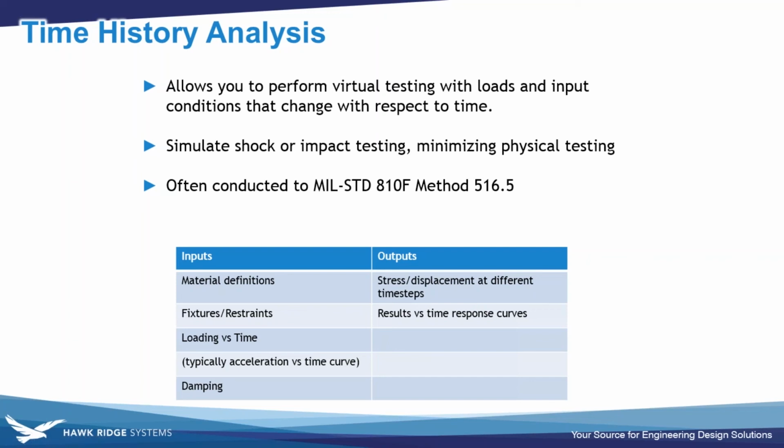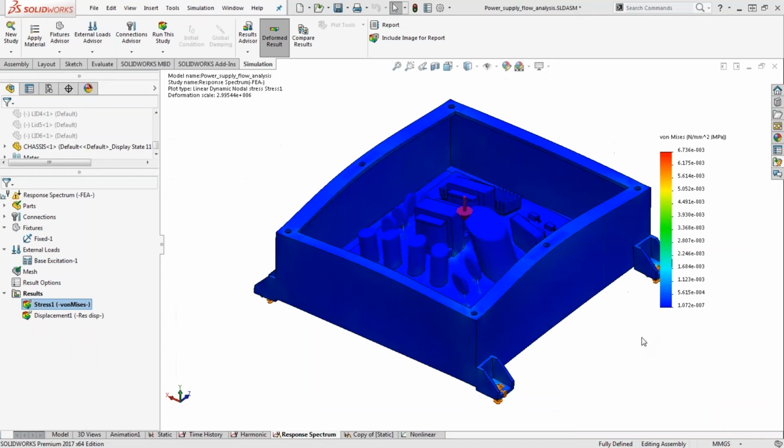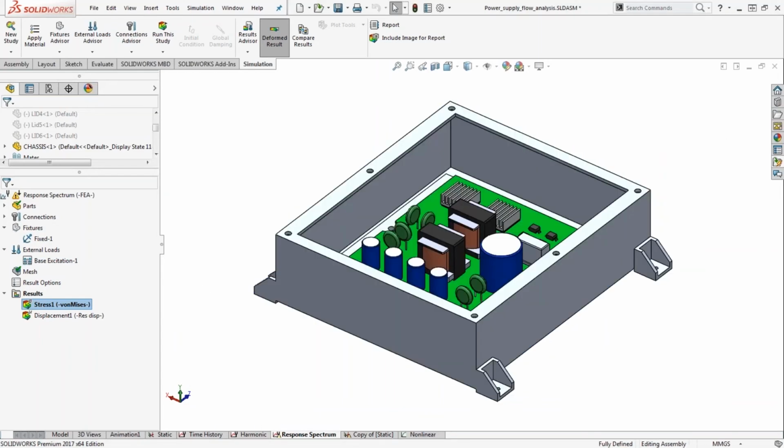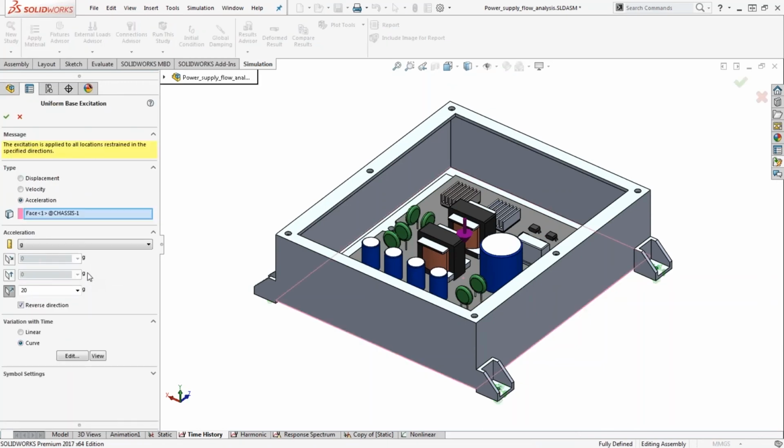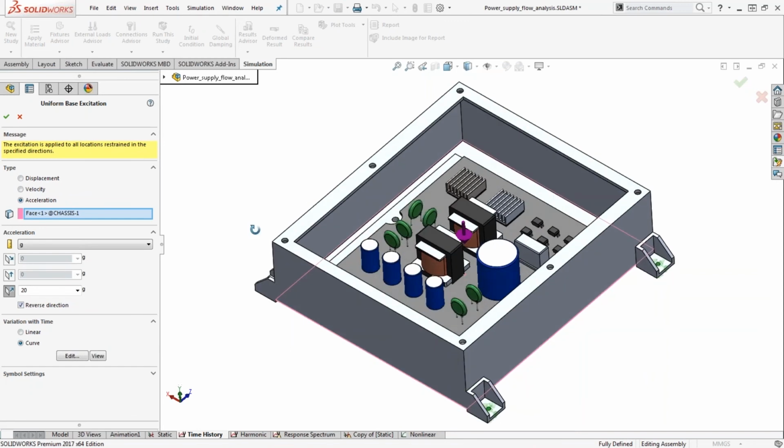And in this case, if we're determining or trying to be familiar with the seismic behavior, that might be enough. That might be what we need to learn from this. But we don't see how these stresses are being developed from it just sitting there to it being excited. So the next level up to that would be to do some sort of time history analysis here, where it allows you to do, again, this virtual test of now maybe implementing some sort of shock load, where the load that we're applying is happening at a very quick time, a very